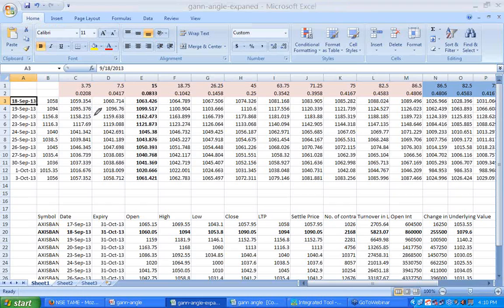For the trend on 18th September, the third trend line says that above 1063 my trend will be up, and it can maximum take me to 1089. If the 18th September opening happens above 1063, I can go till 1089. Same way,